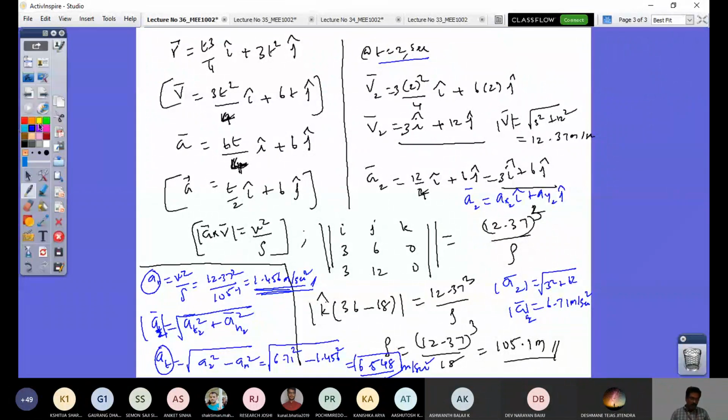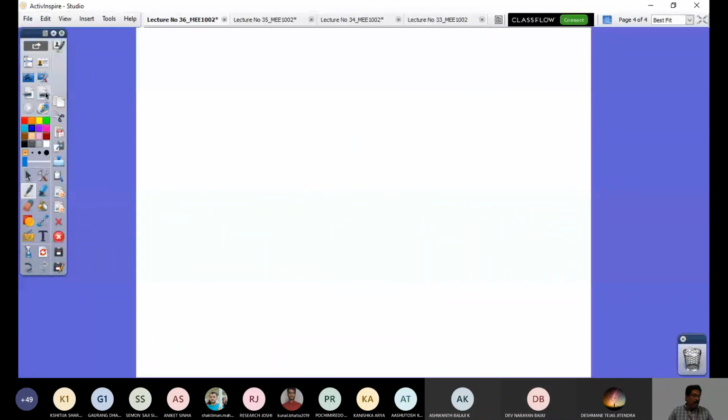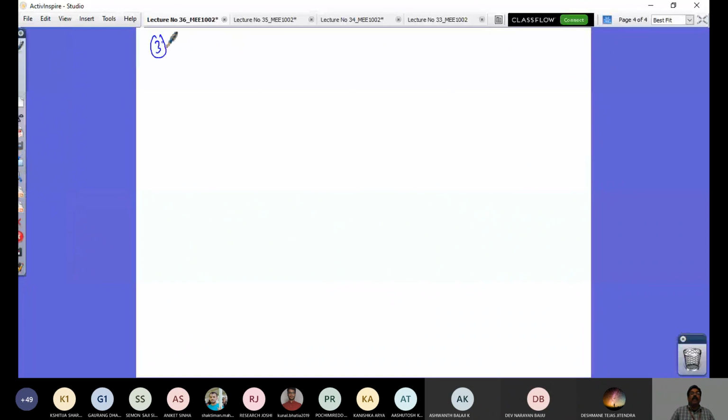So we will take one more problem of this, and then we'll take a special problem, what is called a projectile motion problem, right? So let me put you on another problem here. The particle moves along a curved path. The path of the particle is given by y